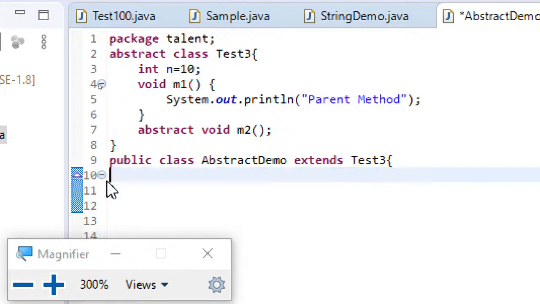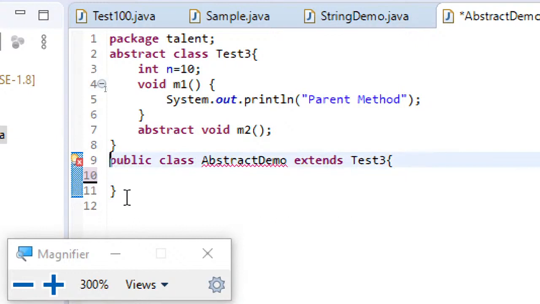Suppose I am not interested, now you can see there is an error. Suppose I just make this also abstract, now you can see again the red cross mark vanished. That means, as I said, it is the responsibility of the children to provide implementations for all the abstract methods that were declared by the parent.